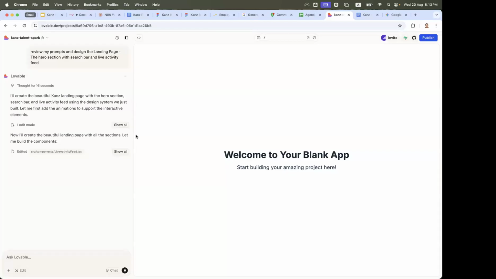Also, I'm stunned by the speed at which you can get things done. But it does take effort. It does take a weekend where you just dive into it.